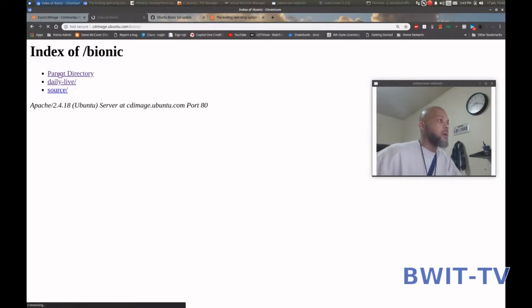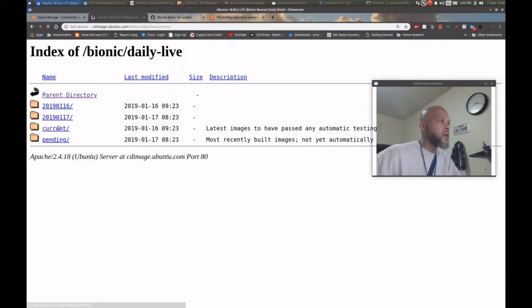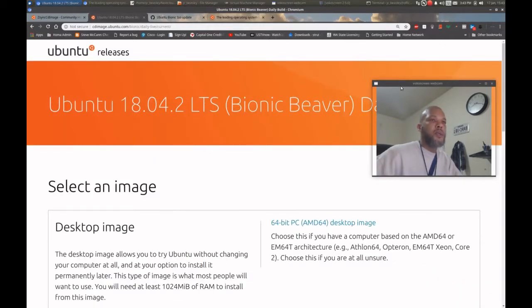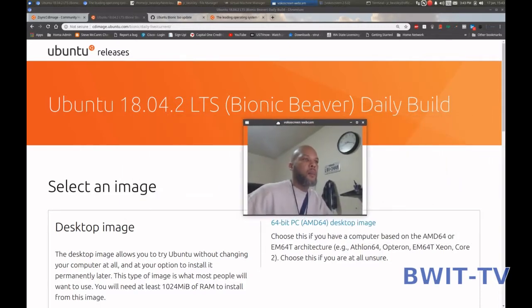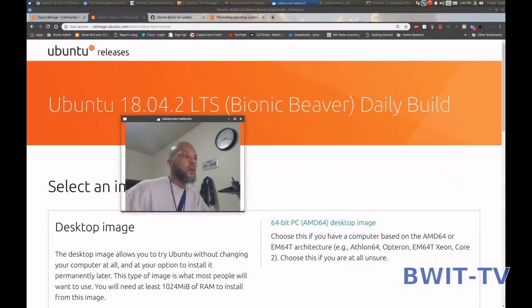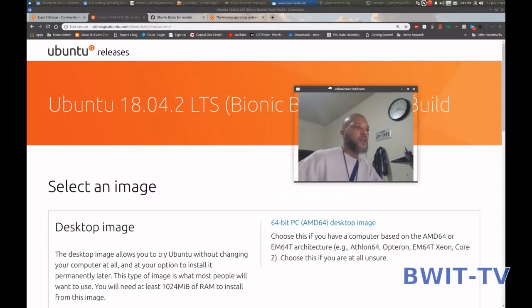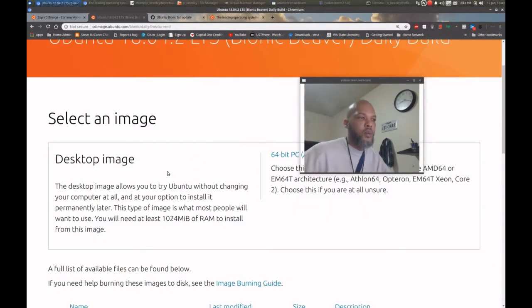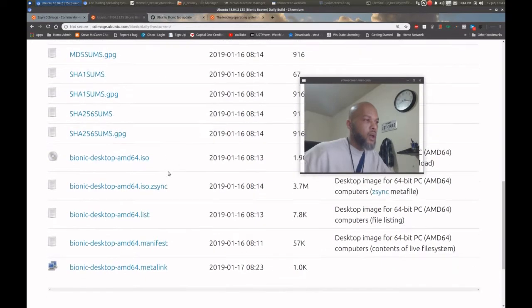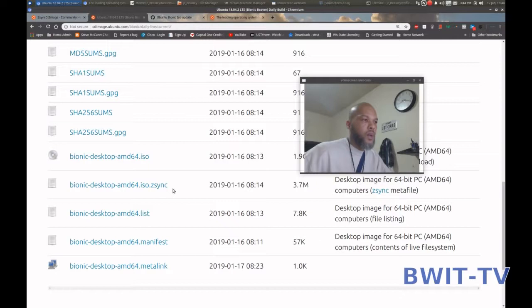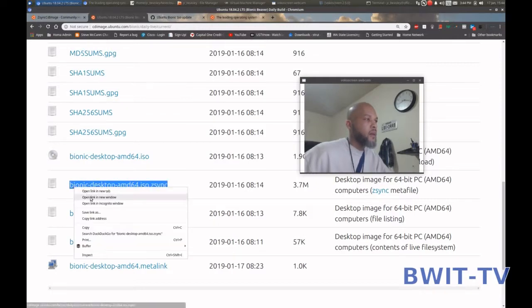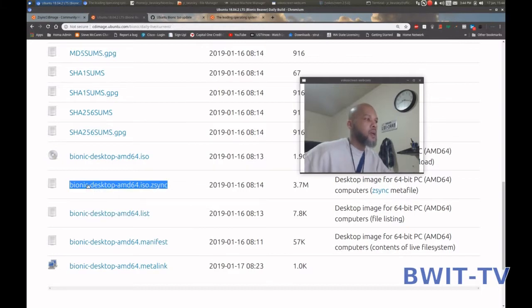So I want to do Bionic. We go daily live, current, and here it takes us to our daily build for Bionic Beaver, Ubuntu 18.04.2 LTS. That's our long-term support release. So we're going to scroll down, take a look. Here's our Bionic desktop. Now we're not going to click on this. What you want to do is highlight. Let's grab that. We'll copy,